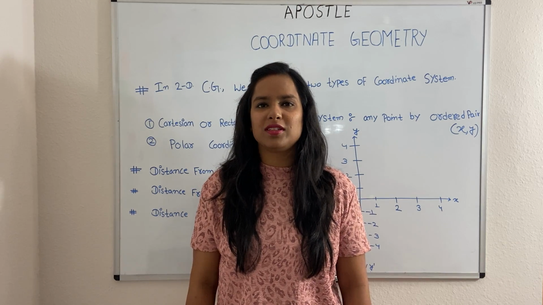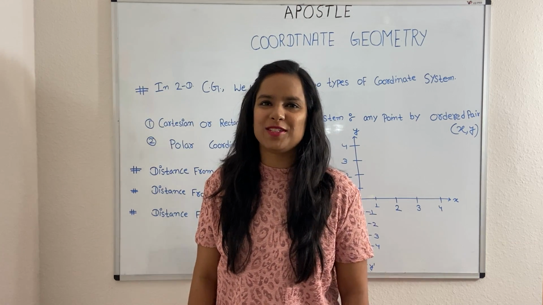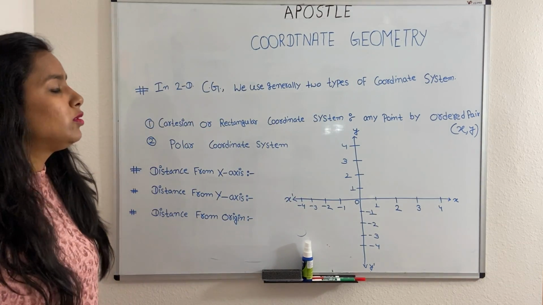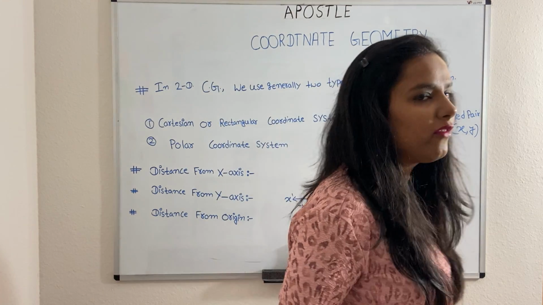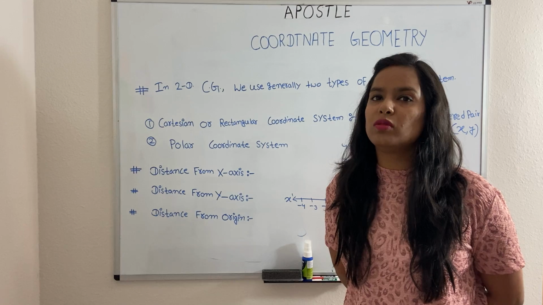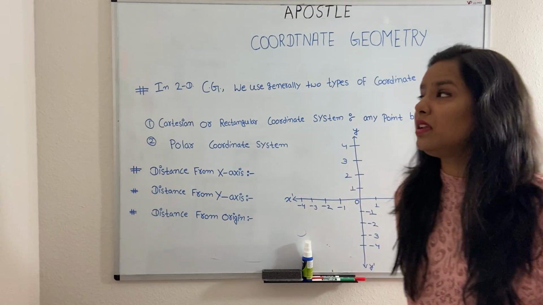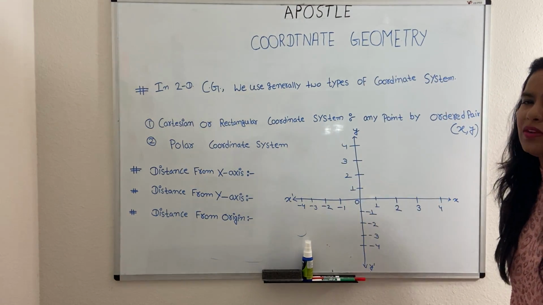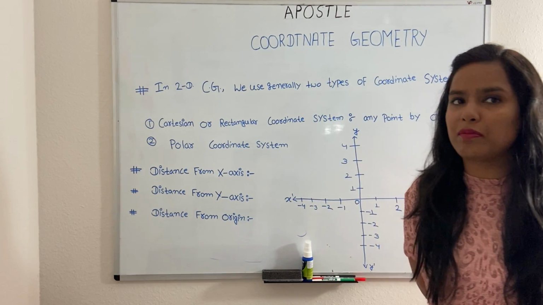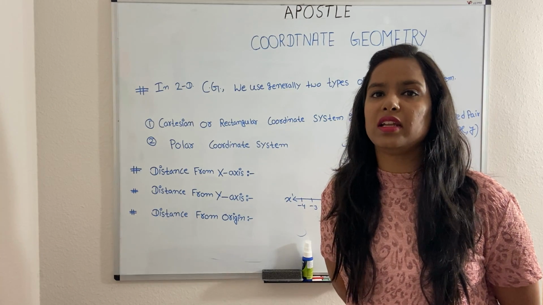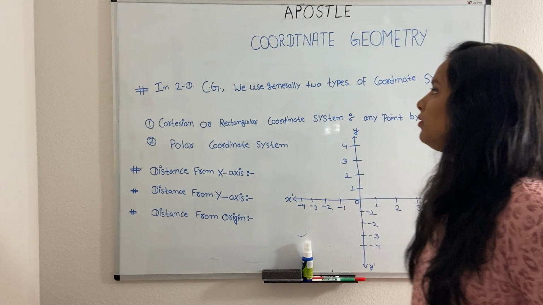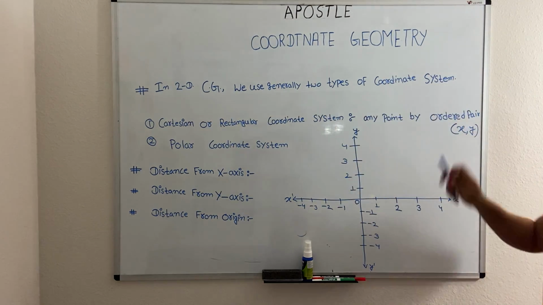Today I am going to discuss a few concepts of coordinate geometry. So in coordinate geometry, there is two dimensions. If we have to represent any point in two dimensions, we use one plane called the Cartesian plane. In simple words, we can also say that the Cartesian plane is like a graph paper to represent any points on the two dimensions. So in two dimensions we generally use two types of coordinate system.